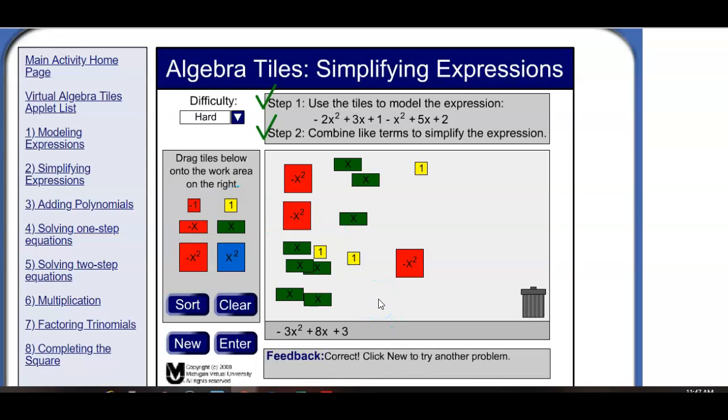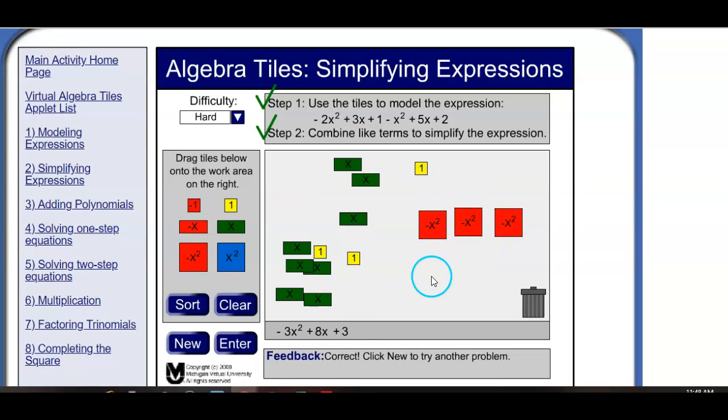Notice that both of these are checked off. That means there are no zero pairs we can combine, and the only way to combine our like terms is by adding or subtracting that same number. So negative 2x squared minus x squared, so altogether we would have negative 3x squared,